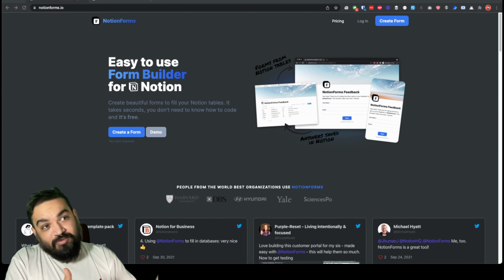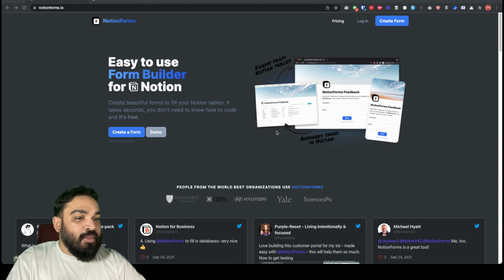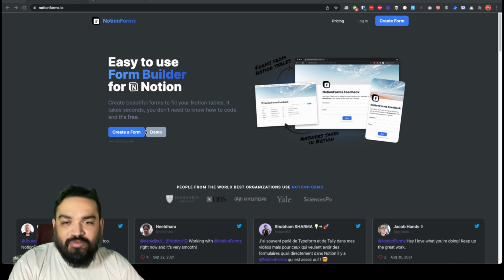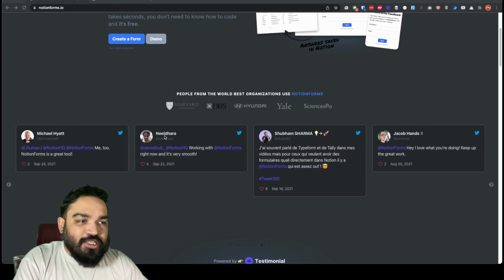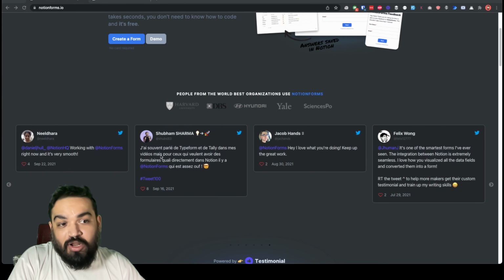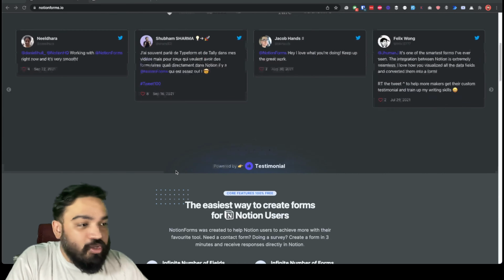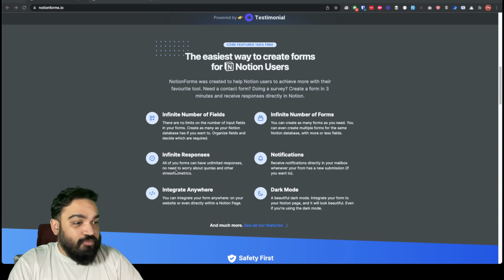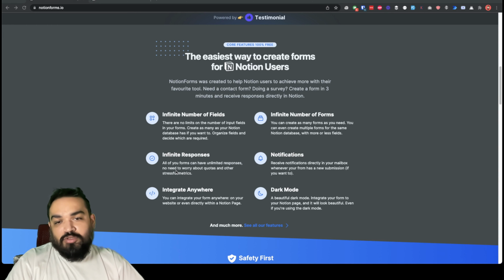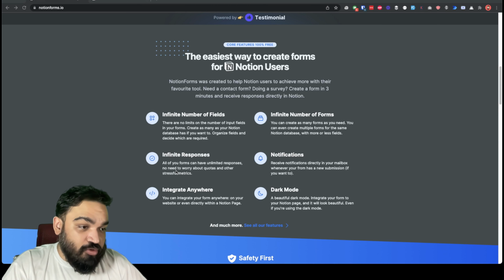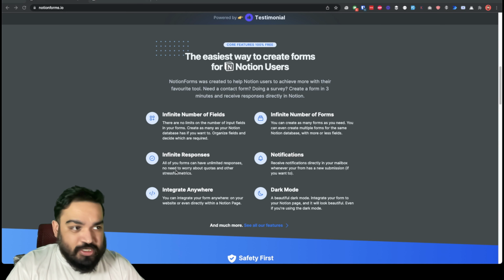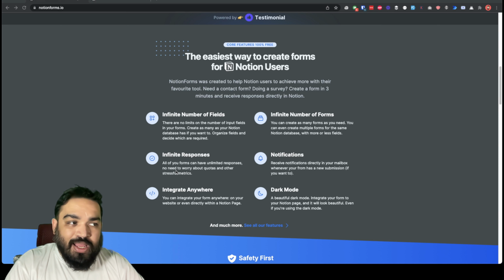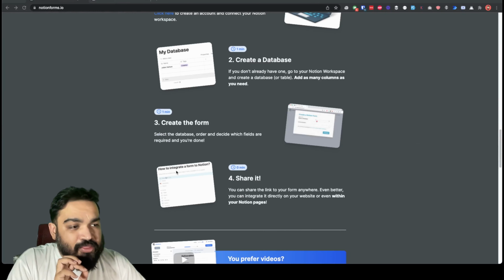All right, if you head over to notionforms.io, there is something that you see. There is always a demo available and also a create a form button. Let's just quickly scroll through. There are some testimonials about how people have been using notionforms.io, and also here are some of the free features that the platform allows users to leverage, which is one, any number of fields, no restrictions, and any number of forms, again no restrictions, but there are limitations in terms of the functionality itself.